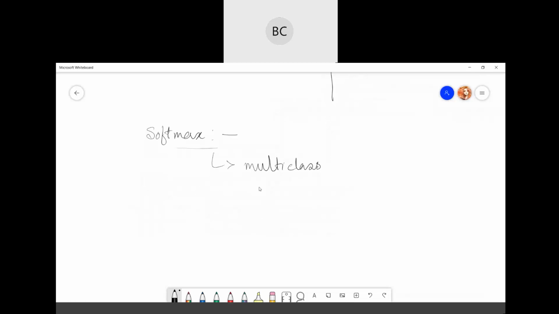The equation here is a bit different: the sum over k equal to 1 up to K. So softmax will give you the probability of the classes.